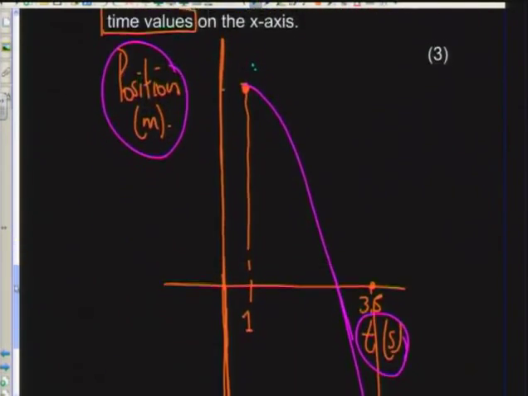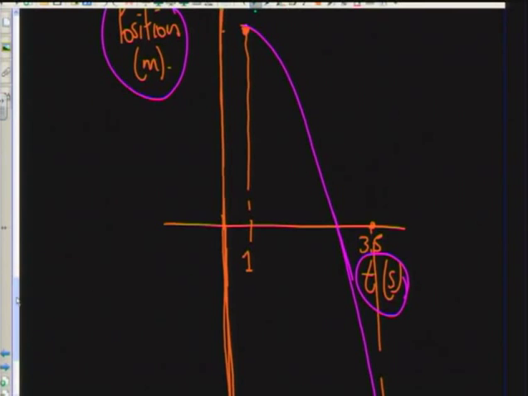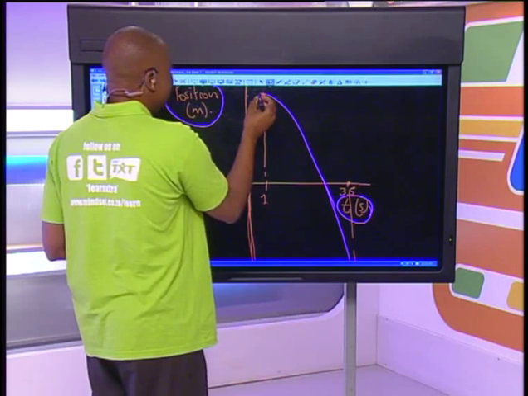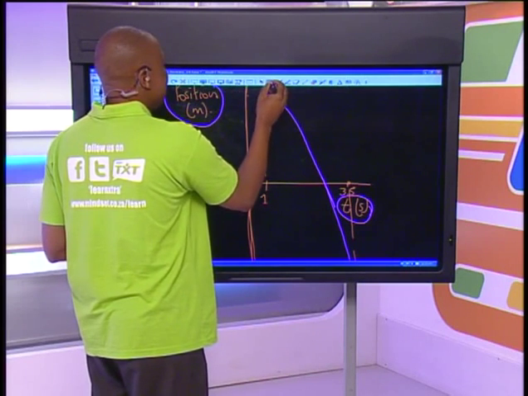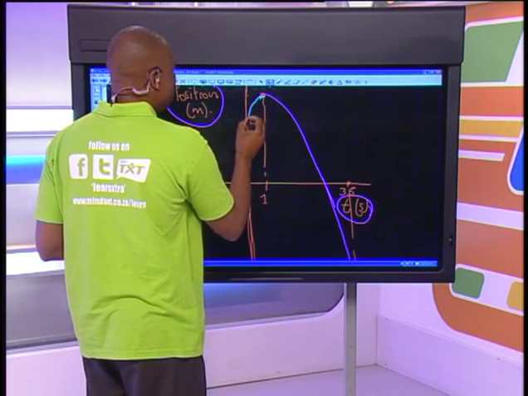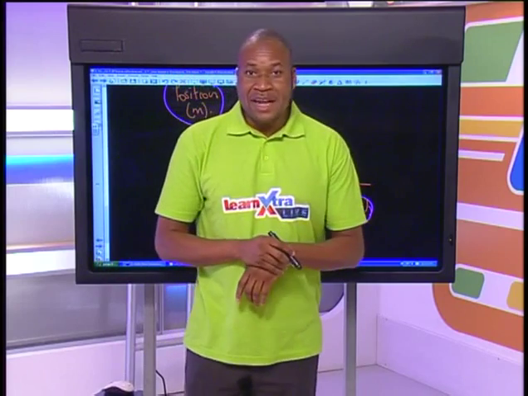Now, one thing we need to know always is that if I'm talking a graph of position versus time when we're talking projectile motion, it is definitely going to be a curve, and that particular curve will be a quadratic curve. In terms of the directions that have been chosen, you're going to have it facing downwards or facing upwards. But because we're only looking at the section from the top where it reached its maximum height and coming down, we've got only this part here. If we were told to show other sections of the graph, perhaps we would also show some part of the graph in that way.